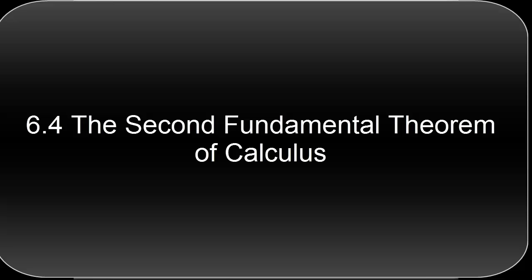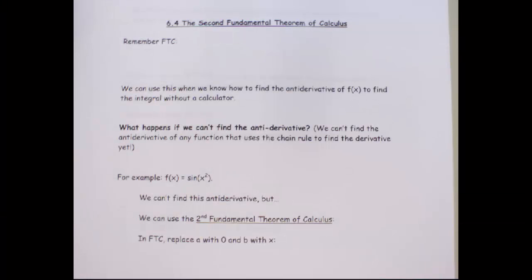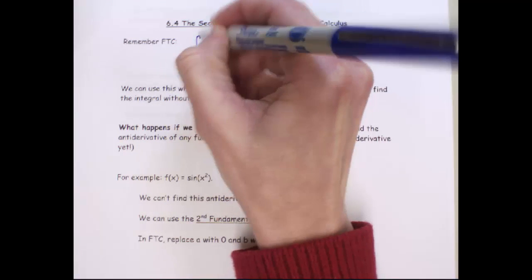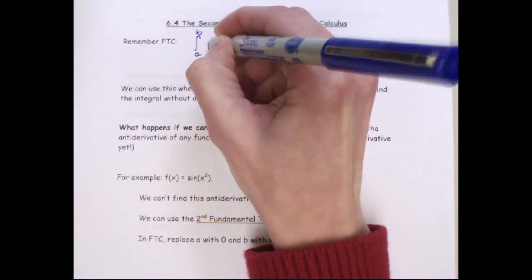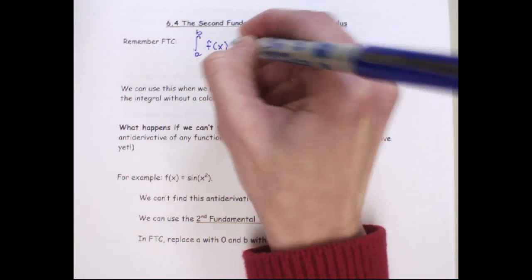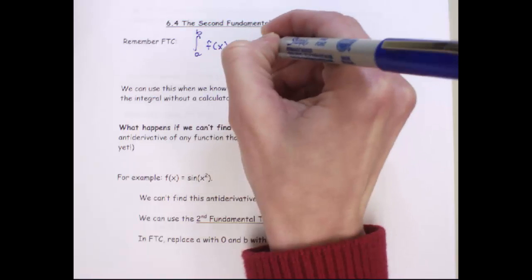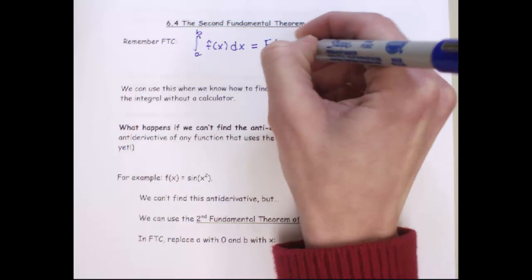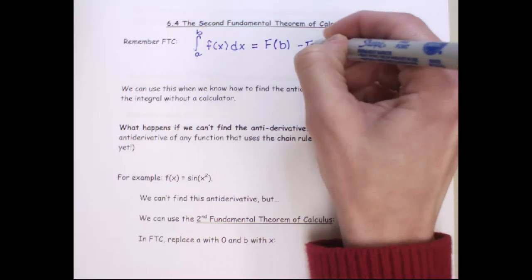Today we're going to talk about the second fundamental theorem of calculus, which is in chapter 6, section 4 of your textbook. So if you remember the fundamental theorem of calculus, we usually wrote it like this: the integral from a to b of lowercase f of x dx is equal to capital F of b minus capital F of a,